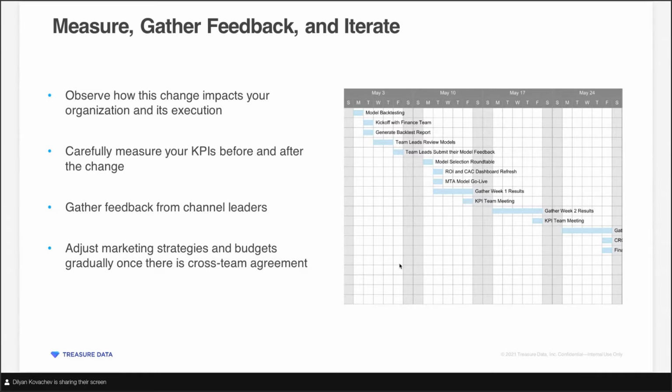So what's a good way to communicate this across the org or implement changes? What we recommend is, first, run the model. If the outputs make sense and you have a good, convincing way to share them with stakeholders and decision makers, then obviously communicate that first.